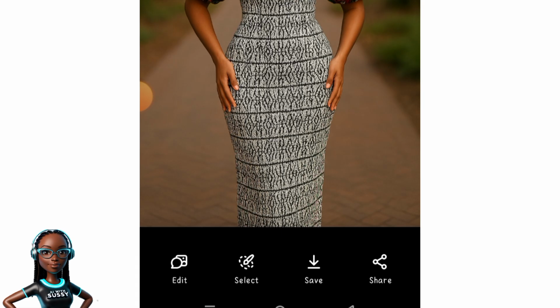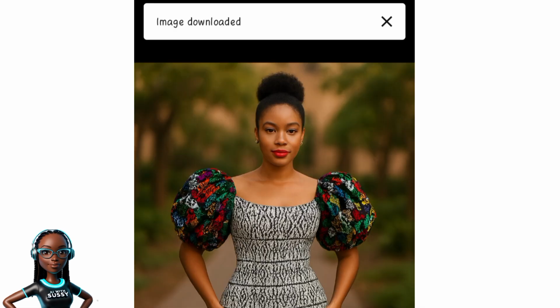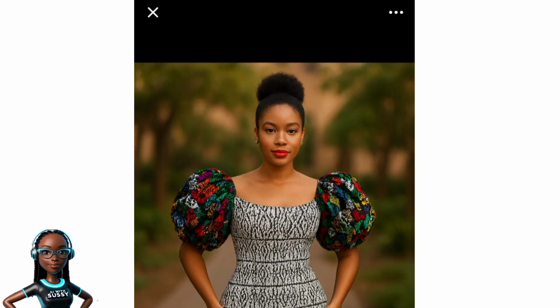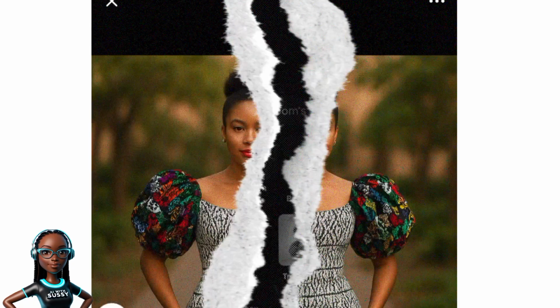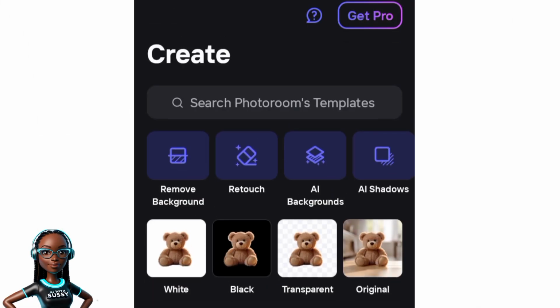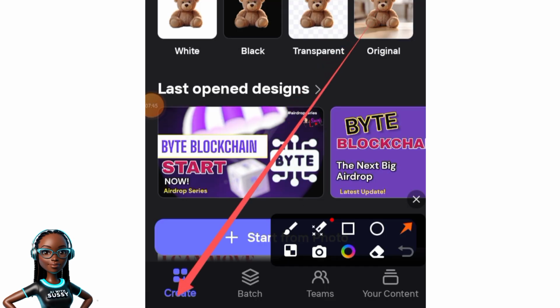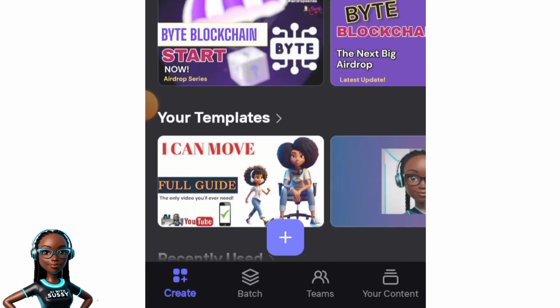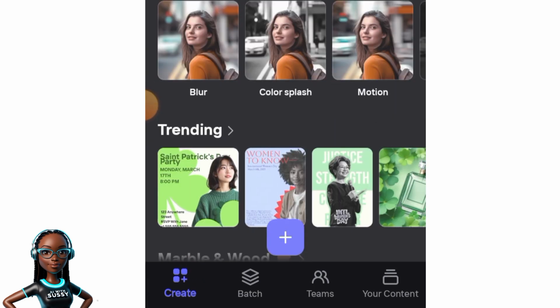So I love the background, but let me show you now how to use the app I have that is free forever, and that you can use on your smartphone to generate more backgrounds. Now we are on this app, and you can see I usually use the app to create a lot of things, create my thumbnails and all that. So on this app, make sure this is on create. You are on create, then you are going to scroll up here, just scroll up,